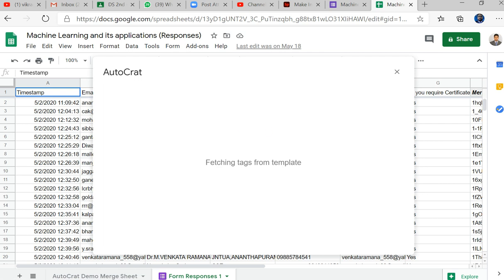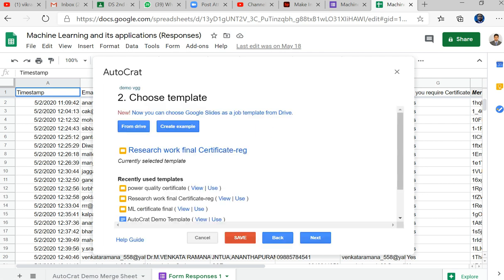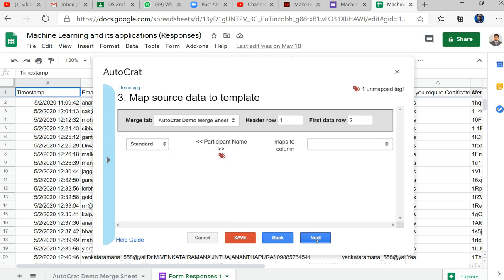You can generate this with the help of Google Sheets or with your own design in Photoshop or a PowerPoint presentation, anything, and you select the certificate you want to generate here in Choose template. I have chosen a template here, research work final certificate. Once you choose that, click on Next.